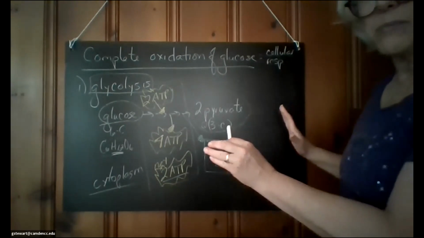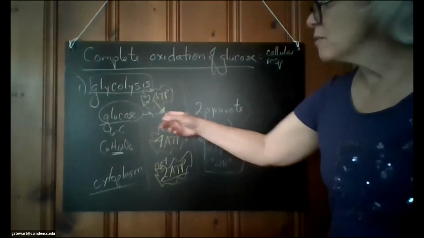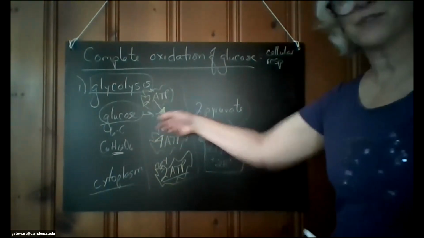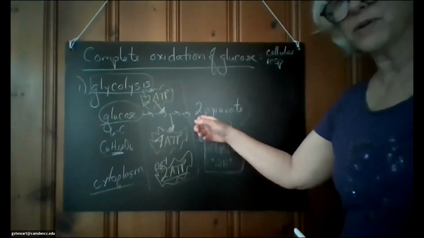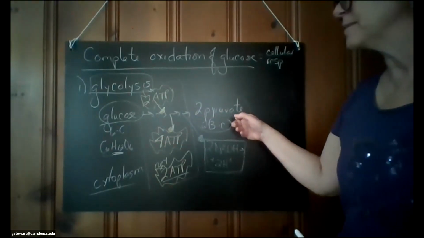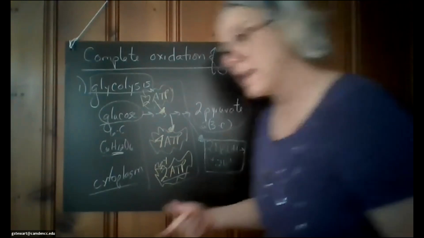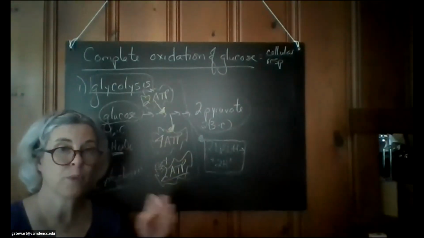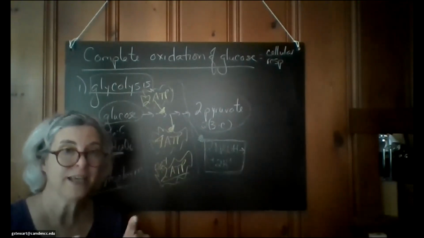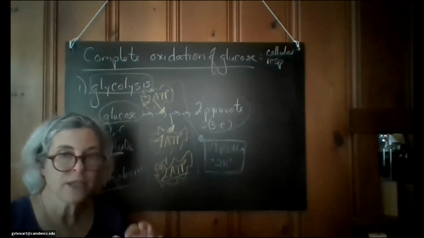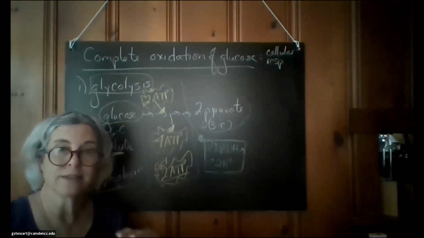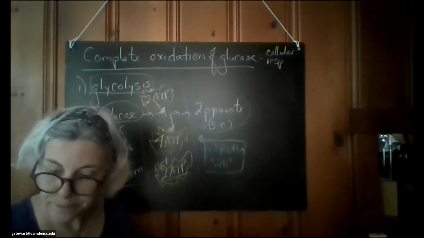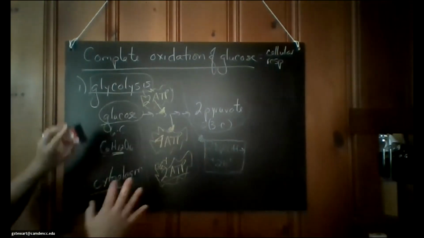Okay, so that's step 1. Remember, this arrow represents 10 different enzymes, lots of chemical reactions to get us to this pyruvate, right? In a pathway, enzymes in a pathway, each little step, so we only release a little bit of heat, we only make a little bit of entropy so that the cell doesn't boil to death, essentially. All right, so I'm going to erase this,